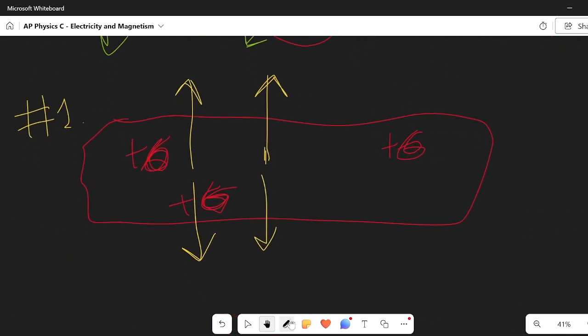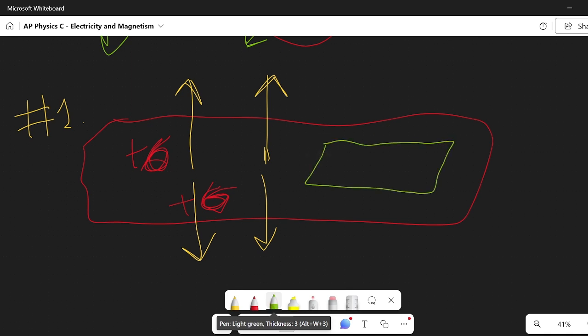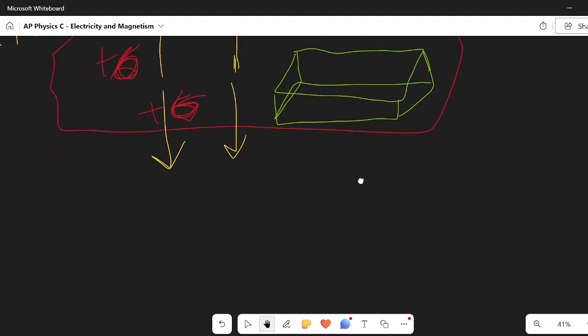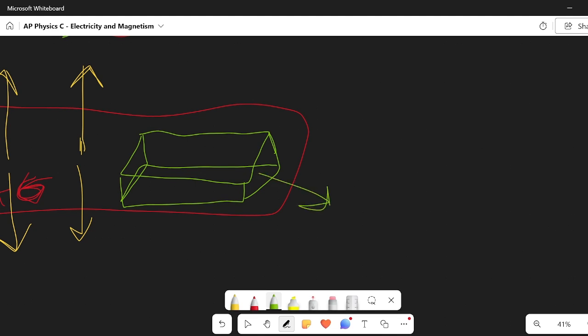So let's get rid of this weird row symbol here, and let's stick in our Gaussian box. With this Gaussian box, we want to ensure as much symmetry as possible. So we'll stick the Gaussian box in here such that it's exactly halfway. So if we're considering a cross section of this side, for example, it'll be